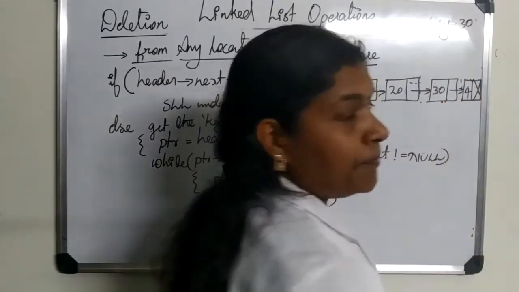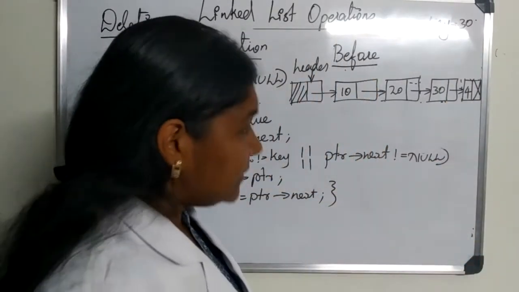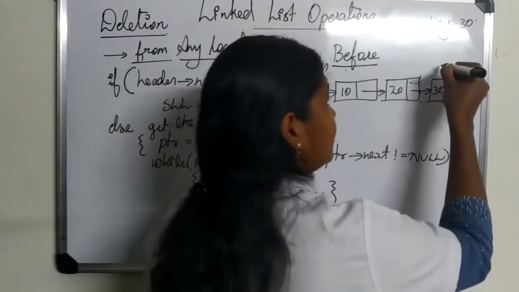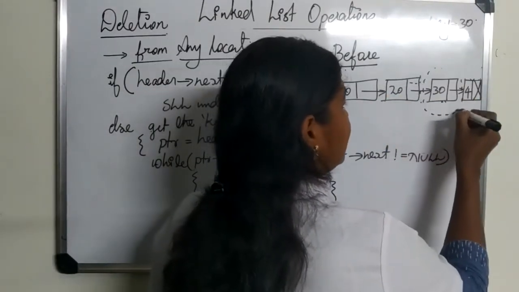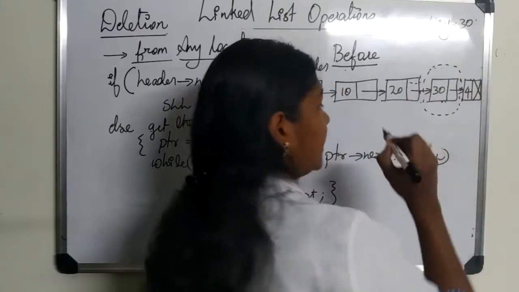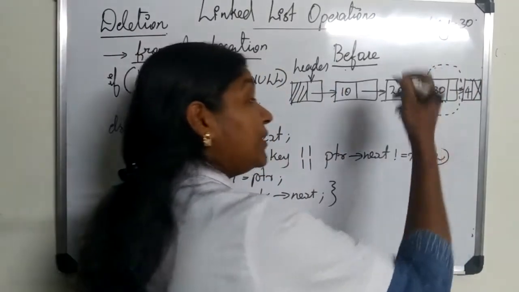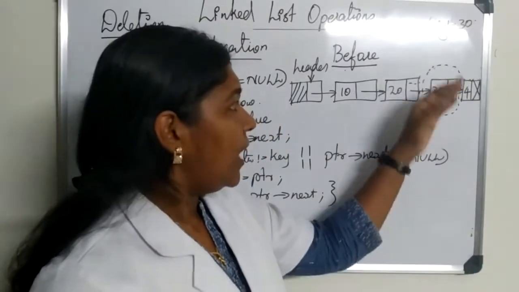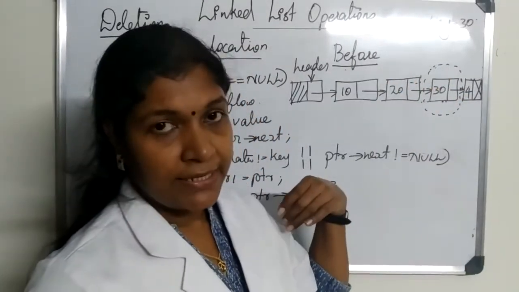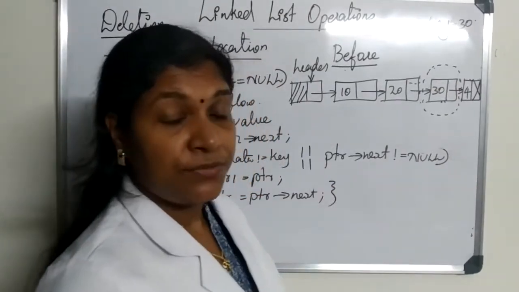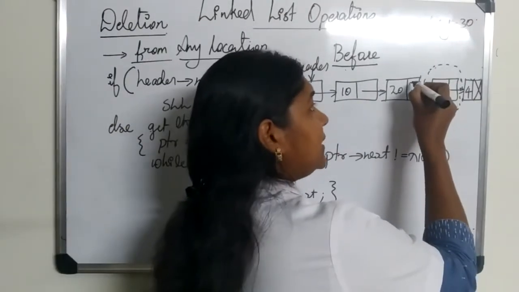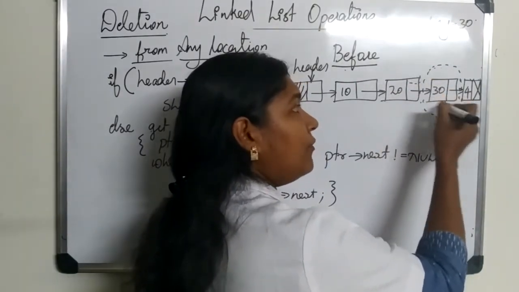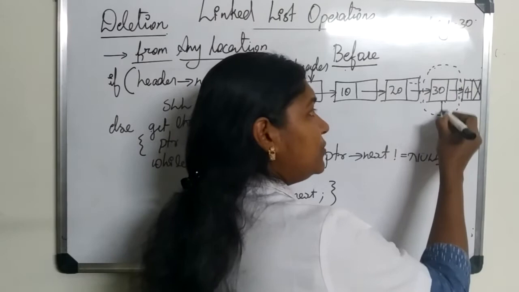Okay, that is this node. So what are we supposed to do in order to delete that node? First let's mark this is the node to be deleted. Okay, and on deleting this node, after removing this node from the single linked list, how would be the status of this linked list, or what is the change we should make? That is, we should make the link part of the previous node of this node. Let's name this node as PTR.